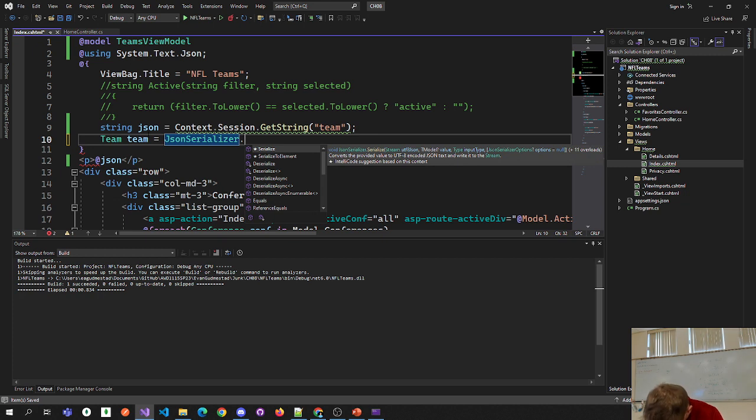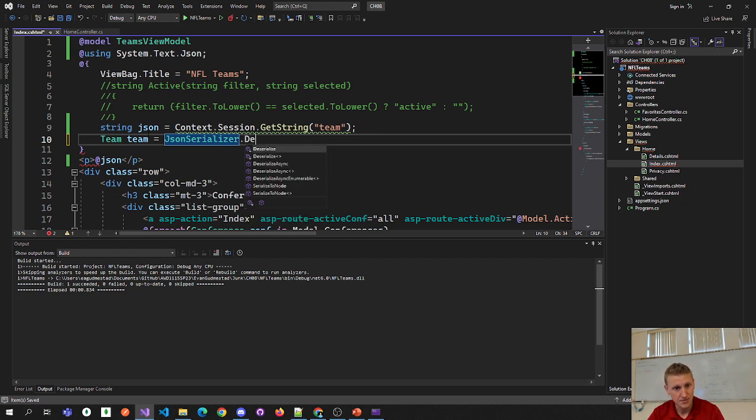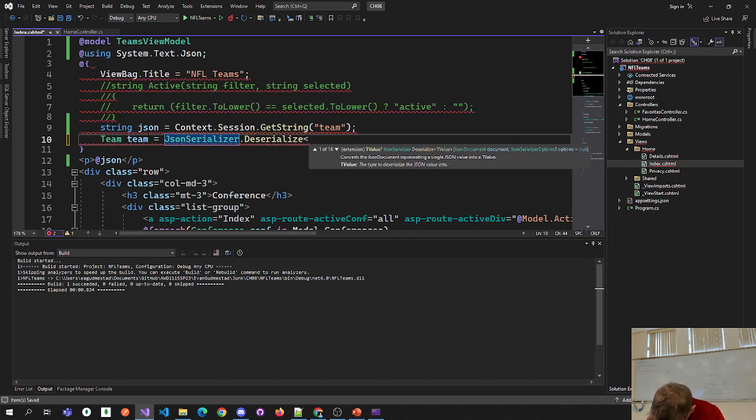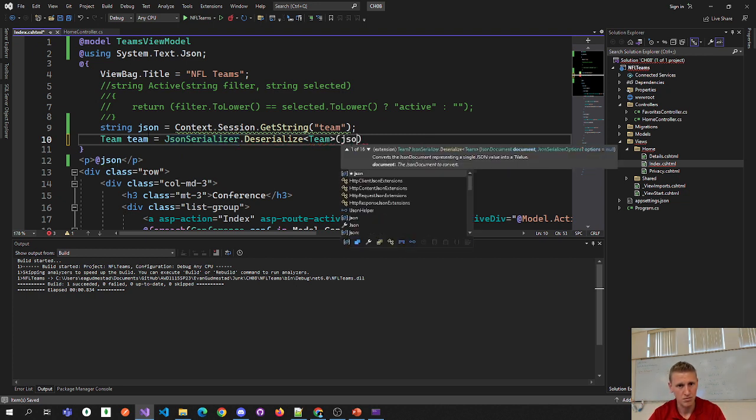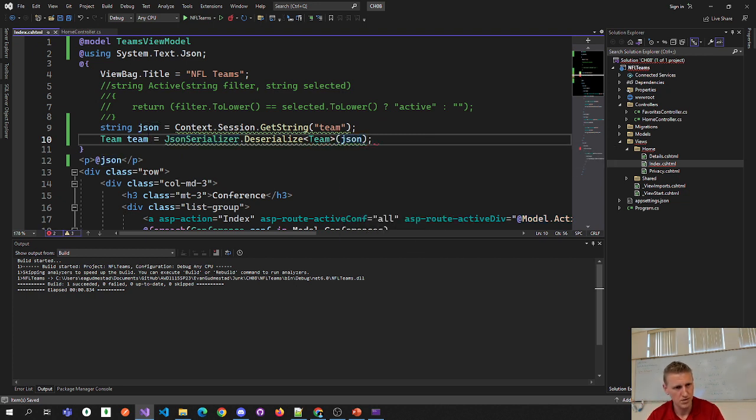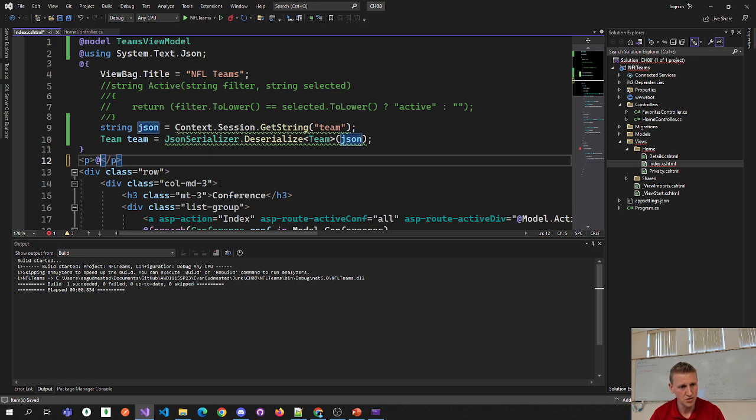There we go, JsonSerializer. I just had to bring in the using statement. Deserialize. Okay, now we have a variable that we can use. Team dot